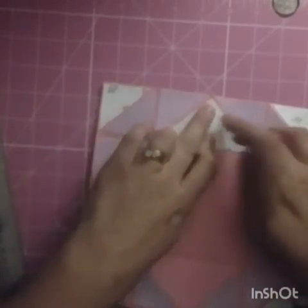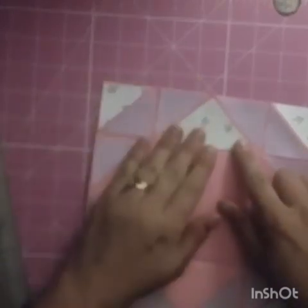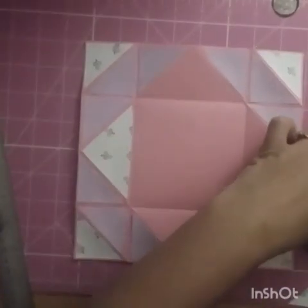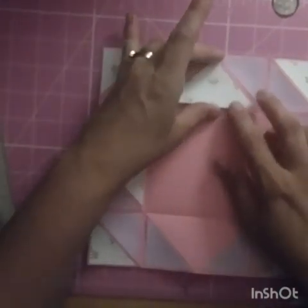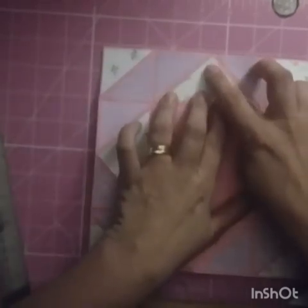So as you can see, it is just simple. It's so easy to do. The measurements I created from a tutorial that I had watched, but I don't have the paper size that the lady was using. I'll put in a description the lady that I watched. I can't link